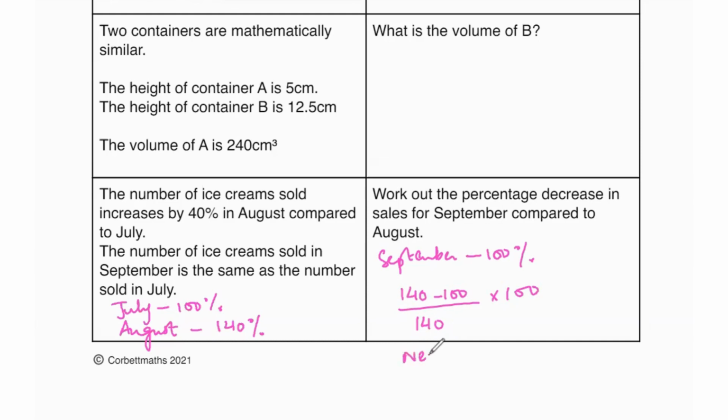It's basically new value minus the old value, and then you divide it by the old value. So over here, old value is 140 because you're comparing September and August, and new value is 100. So 140 minus 100 over 140 times 100, and that's going to be 28.6%. That is your percentage decrease for